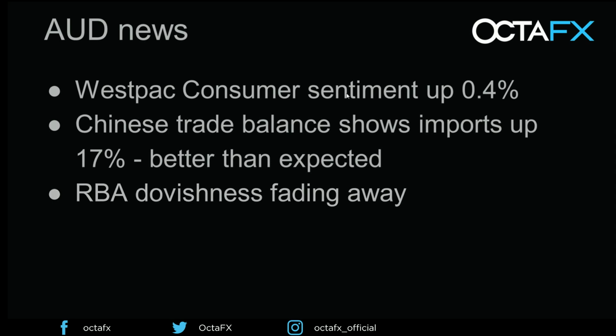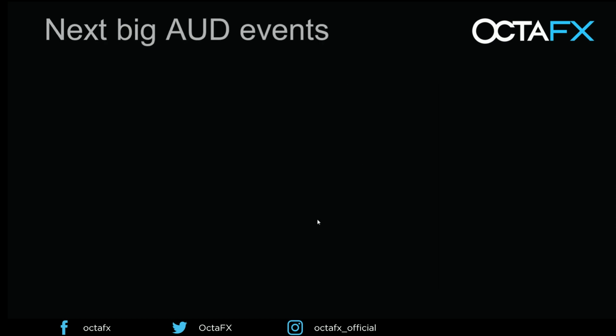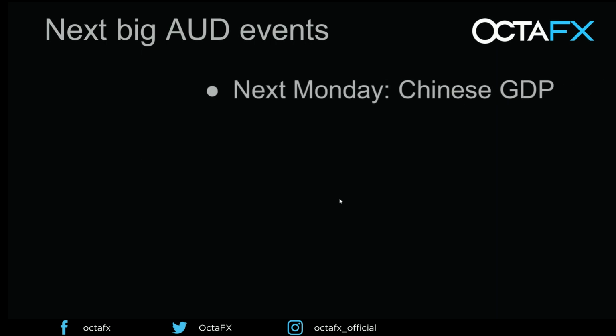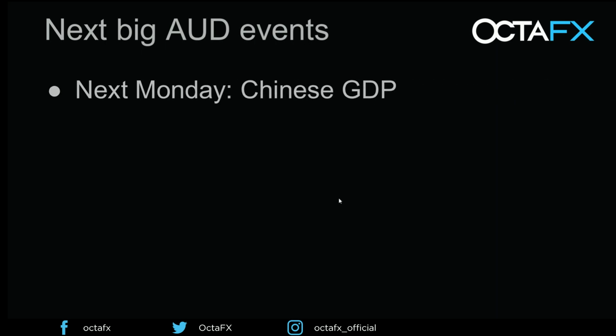Last week we had the rate decision in Australia. The Reserve Bank of Australia, the central bank, was a bit dovish. This sentiment is now fading away and making way for a rise of the Australian dollar. If we look forward into next week, we're talking about the world's number two economy, Australia's number one trading partner. China releases its gross domestic product, GDP. Many people doubt the accuracy of the data, for good reasons, of course, but it still has an impact on